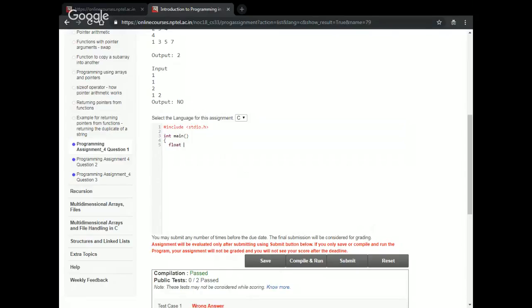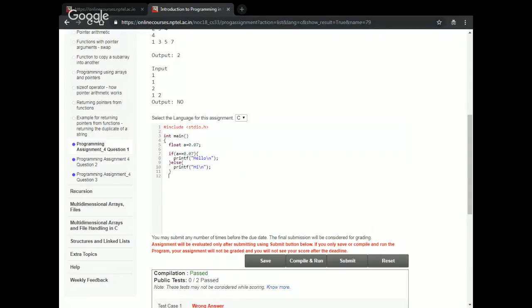Can I screen share this one, sir? Yeah, I think it is being screen shared. Okay. So float a equal to 0.07, and then if a equal to 0.07, then printf hello, else printf hi or something.